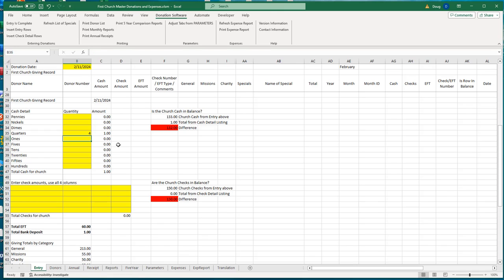So if we have 4 quarters, don't put $1 in here, put the quantity 4 quarters, right? And then we have 2 ones, we have 1 5, we have 1 10, we have 2 20s, and we have 2 50s. And we see that we are out of balance. Right, go back and count them again. We actually have